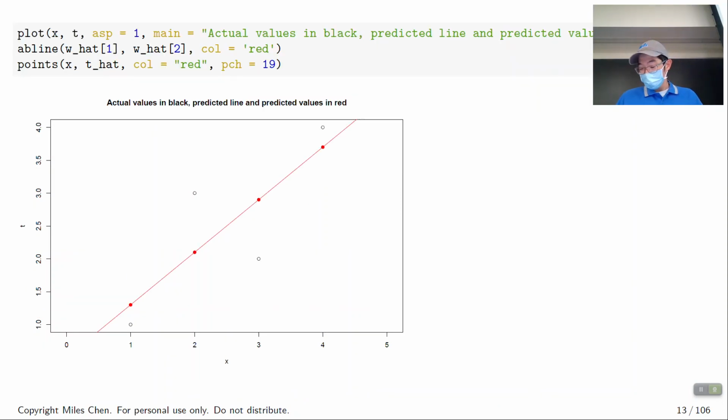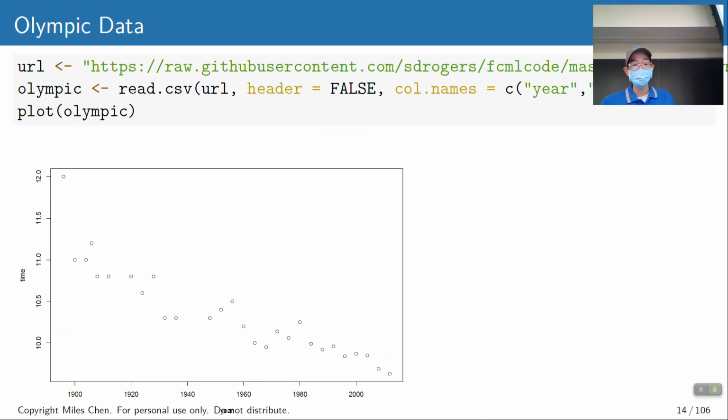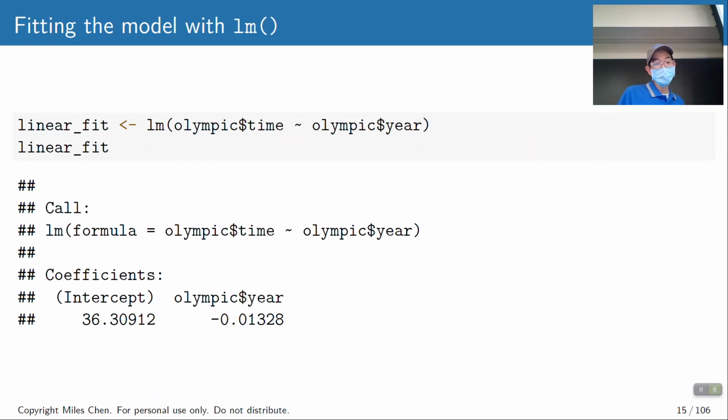So that's ordinary least squares regression, and I imagine a lot of us are already familiar with this. Let's try this out for some data. Here I have the Olympic 100-meter dash data. These are the winning times for the Olympics, and this is what it looks like. I could ask R's built-in linear model function to give me the intercept and the slope. And it says the intercept is